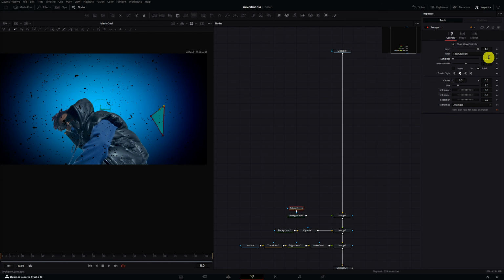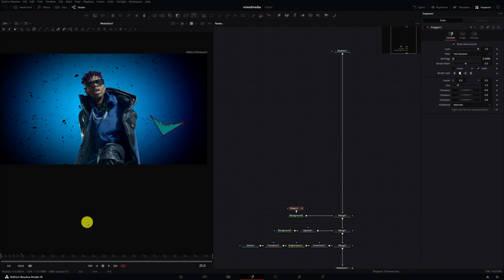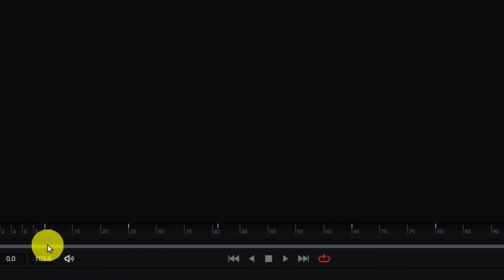Once you're done, go into soft edge, add just a little bit of softness, and then you're going to go through the timeline and basically change the shape from time to time. So I'm going to go about 10-15 frames in and then just change this shape to something else. The polygon masks are automatically set up for keyframes, so you don't have to do anything extra. So I'm going to go to this frame 25, change it to something else. So now when you're done, you should have a number of keyframes and you'll see the shape begin to animate